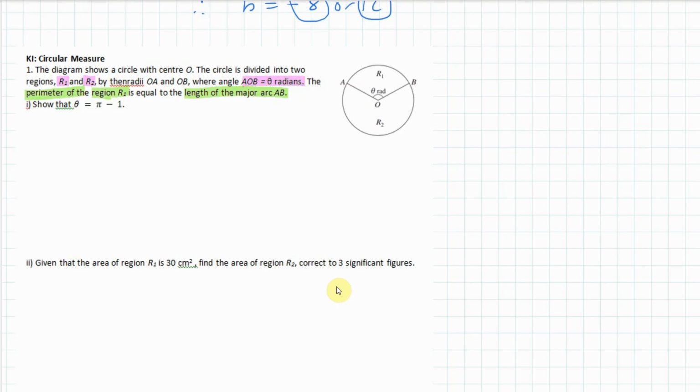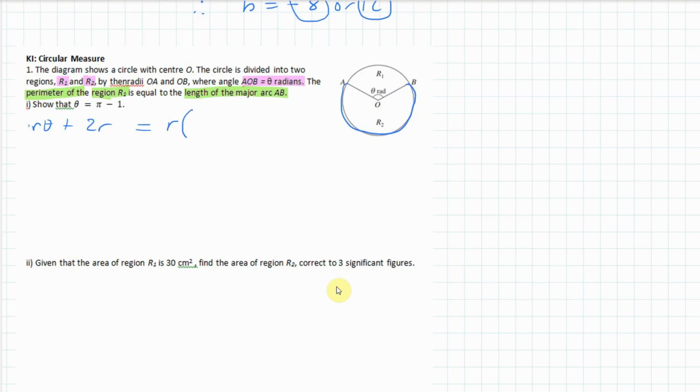Okay, now let's look at the perimeter of region R1. You can see that it's made up of this bit, which is r theta. Now, what do we know about the radius? Do they say anything about the radius? No, they don't. So it's r theta plus this, and they're both radiuses, plus 2r. Okay. Now that is equal to, according to the question, this arc length here, which is r times